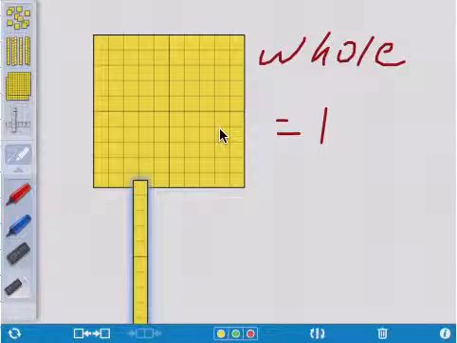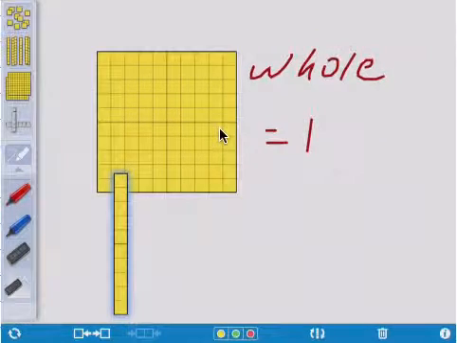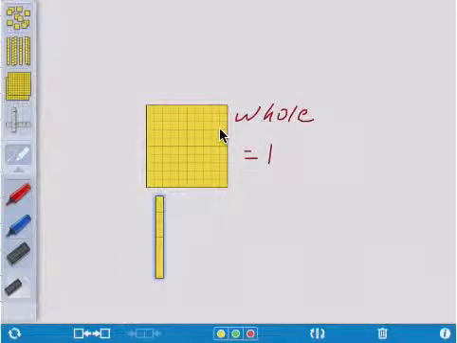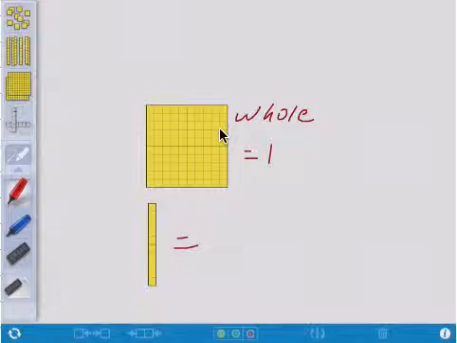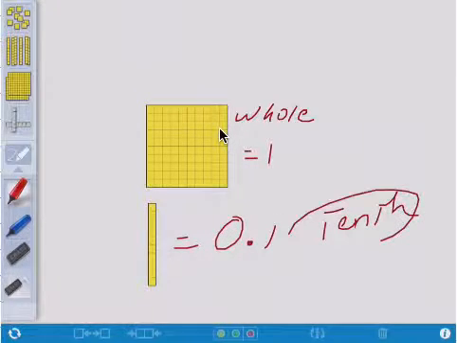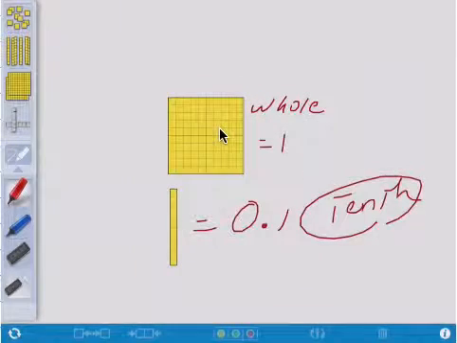So that means if we take one of these, any one of these longs, it takes 10 of them to make the whole. So this guy is equal to 1/10. So that means if we break that into 10 equal pieces,